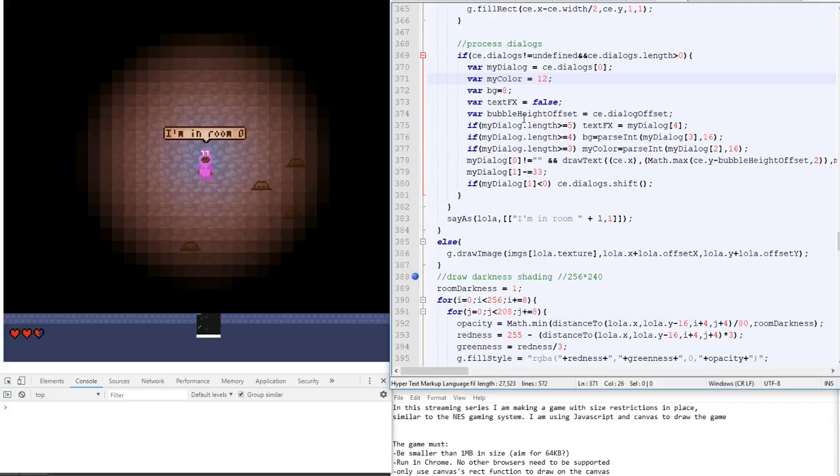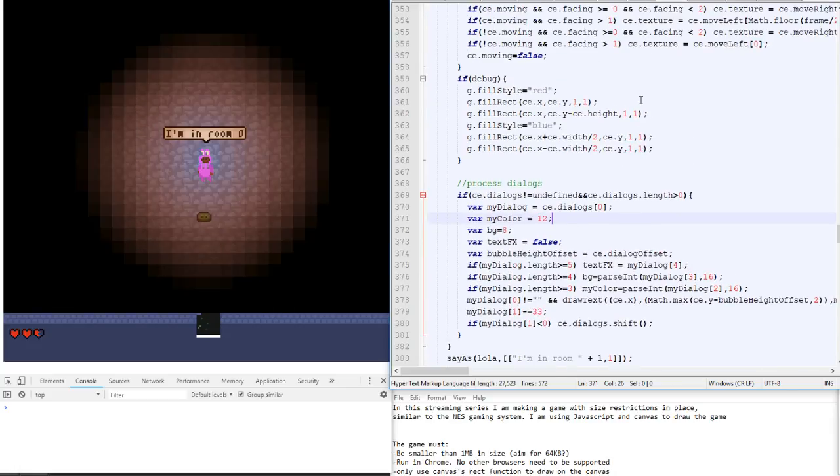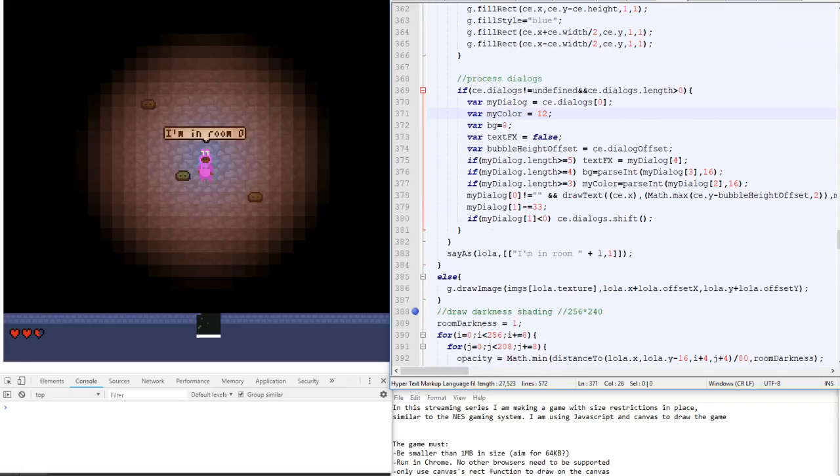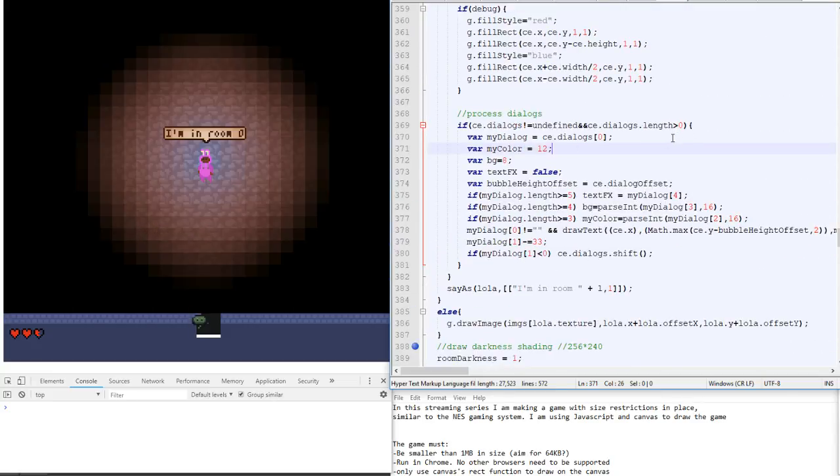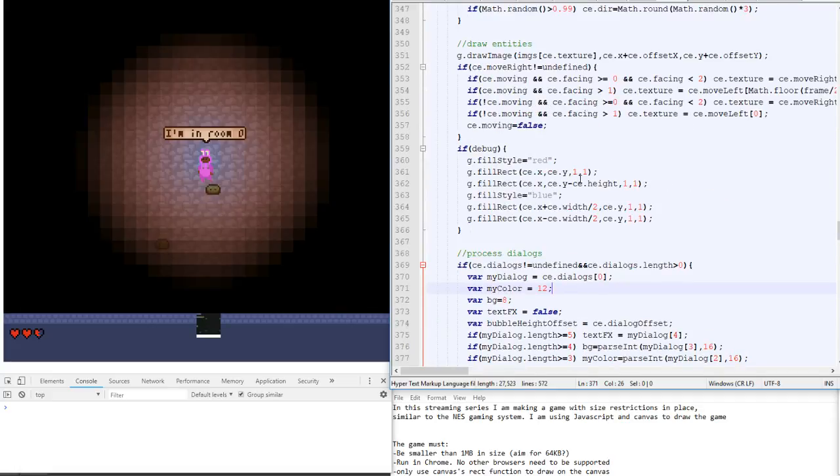I have text effects as well, so offset, dialogue, length, text effects, my dialogue. I have slightly forgotten how this works. There's a shake and a shiver effect, which is kind of cool. Text effects, but I can't remember how they work or where they're defined. I'll have to look at some of my earlier code, I guess, because I think my example say commands are gone. Basically, the say as has various parameters, but I can't remember which order they're in. Anyway,